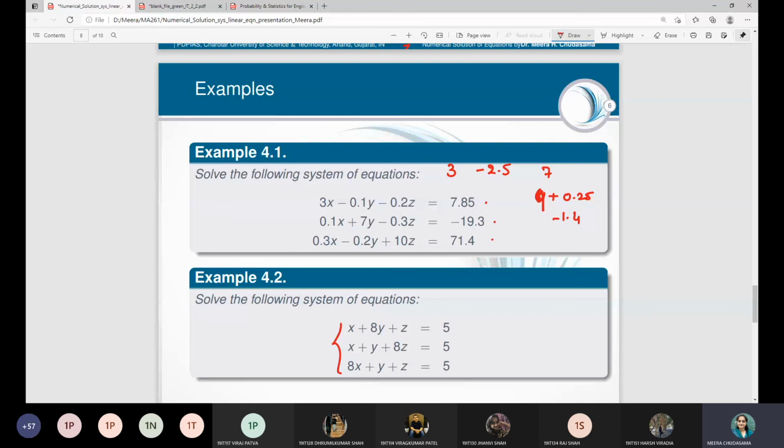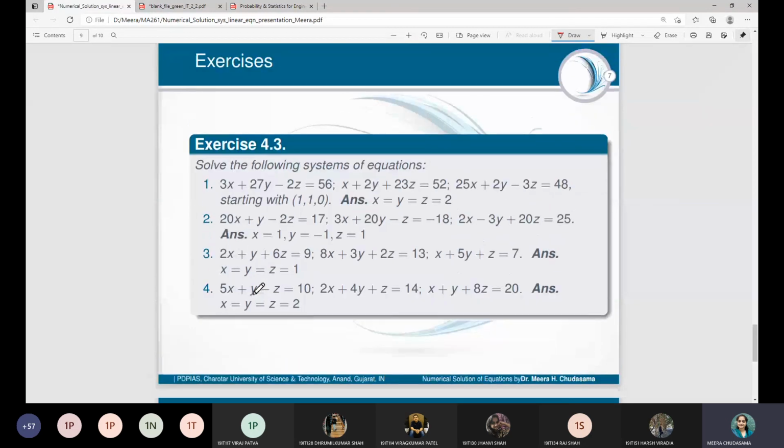I have given you these examples for exercise purposes. You can try both of these methods, Gauss-Jacobi and Gauss-Seidel. Here you can see that in the first example the expression is given, whereas this one is given starting with 110. So in that case, the initial approximation will not be the origin. So x0 is 1, y0 is also 1, z0 is 0. You can start with the origin, but in that case you can observe that the number of iterations will be